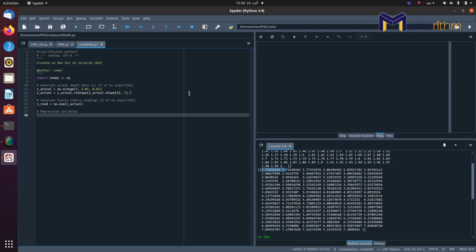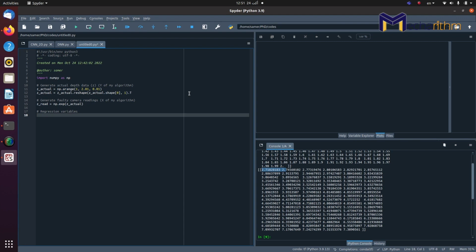So I'm going to start with x first. And x is supposed to be the input of my algorithm, which is supposed to be zRead right away, right? But the thing is, my linear function, or my hypothesis, happens to have two parameters, theta node and theta 1. So if I just use zRead, I'm going to have to use only theta 1 and not theta node, because theta node is responsible for the bias, and basically it has to be multiplied